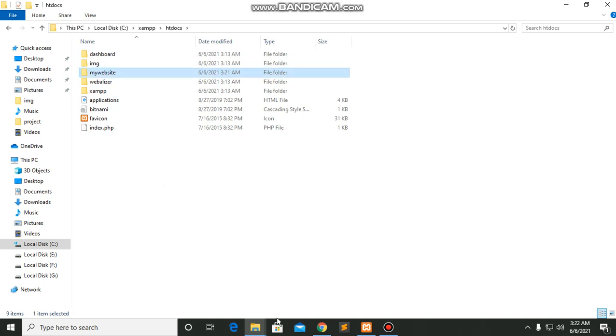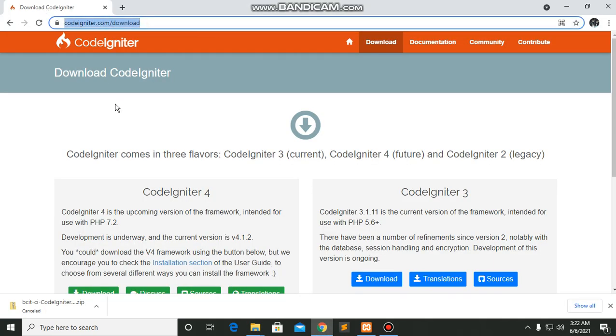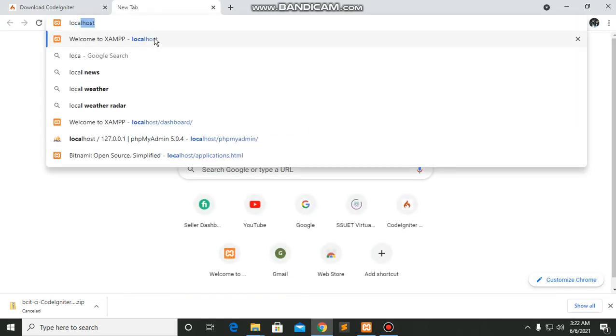Okay, cool. Now what we have to do is make a virtual host. A virtual host is something like this. For now it's not a live website, but when I am coding, I don't like to write localhost in the browser as well as in the code.